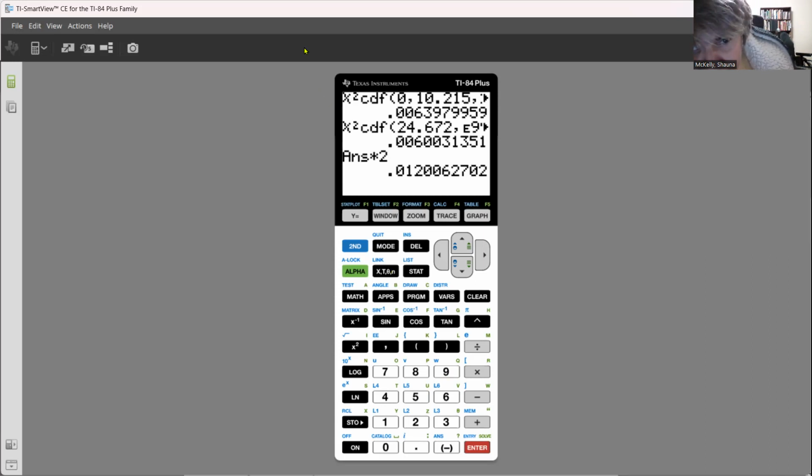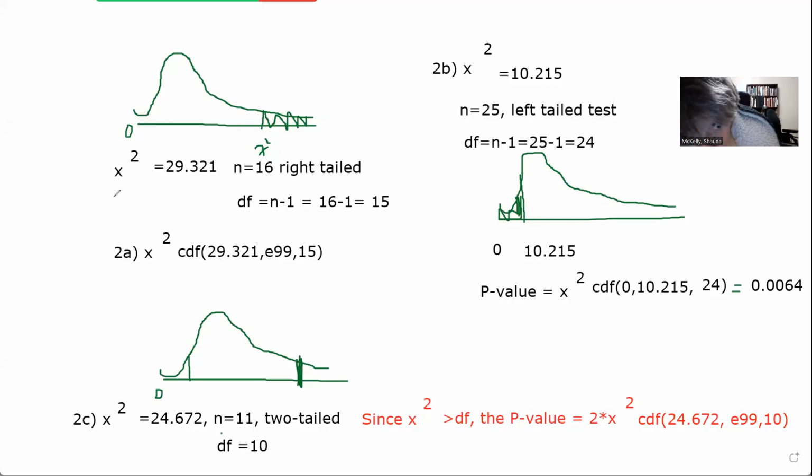So here I have this is equal to 0.0120. And if I check that with Professor Nigdel's answer,